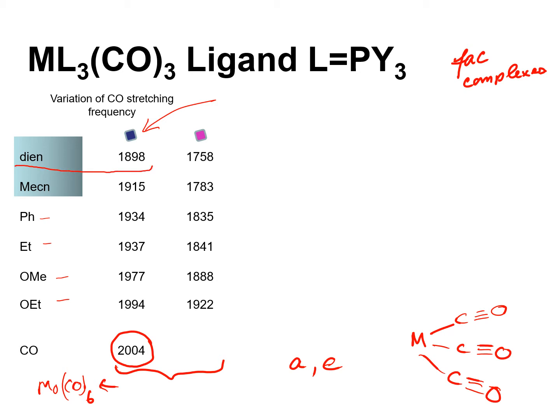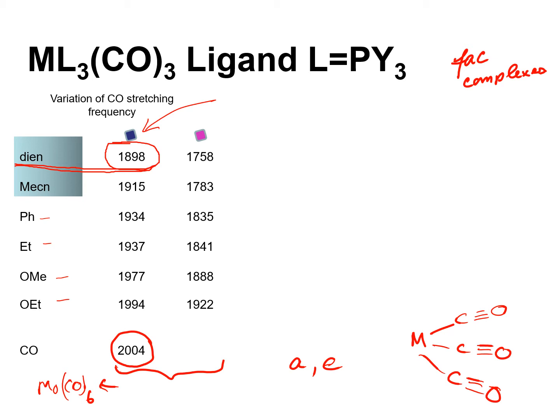Di-N is the ligand where you have 3 nitrogens coordinating to the MCO3 unit, the MCO3 Di-N complex. 3 nitrogens are there, 3 carbon monoxides are there. Then the stretching frequency has gone down all the way to 1898 centimeter minus 1. What this suggests is that carbon monoxide is now behaving as an extremely good pi acceptor when you have the very good donor Di-N. When you have 3 carbon monoxides pitted against the 3 carbon monoxides, the stretching frequency is